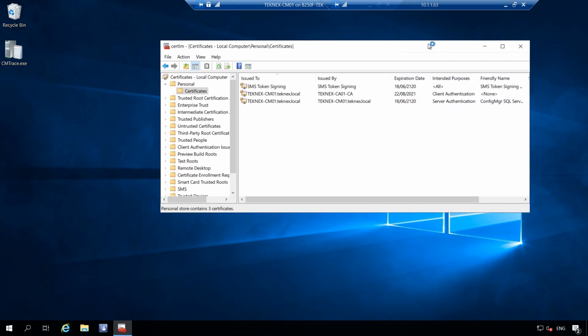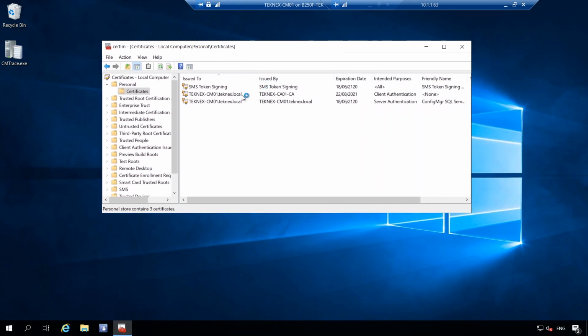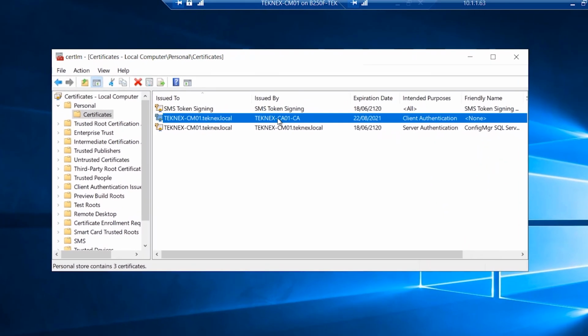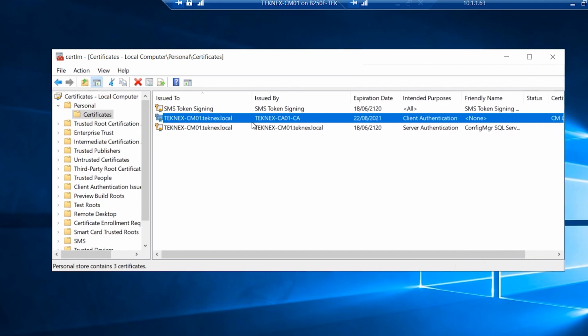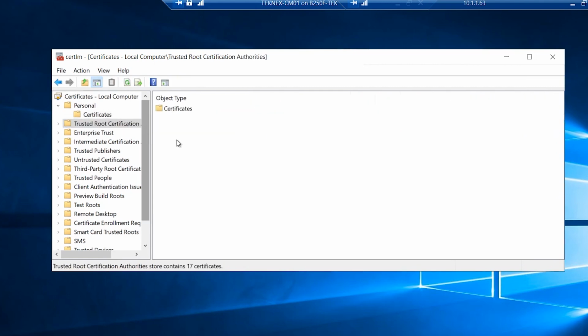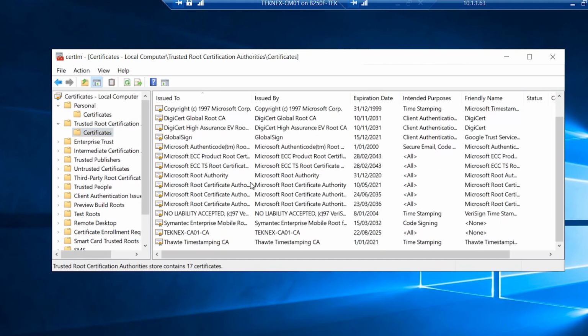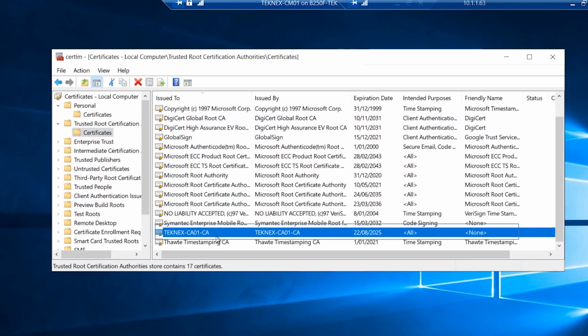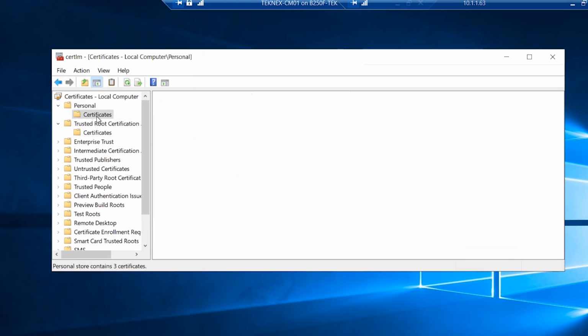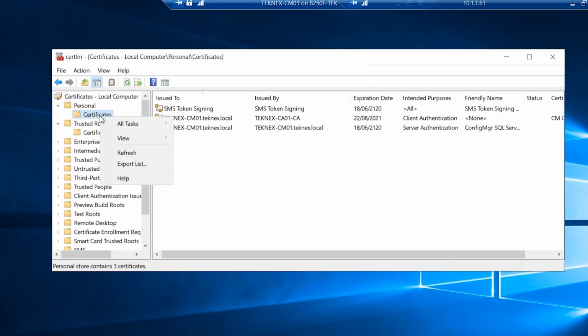So we should get that client certificate, which is listed right here. We can see that TekNex-CAA 01-CA client authentication, which is good. And also in trusted root certification authorities, we will see TekNex CA01 listed as well. So let's come back to personal certificates and right click here, and we are going to all tasks and request